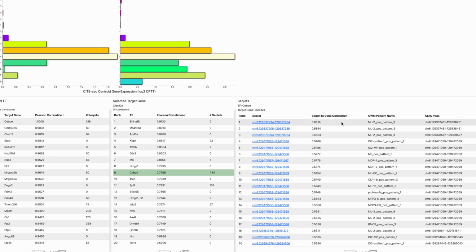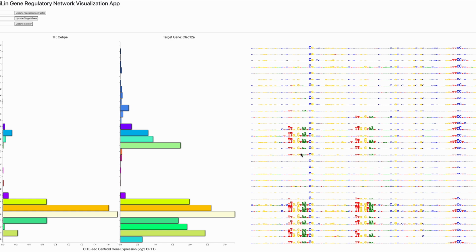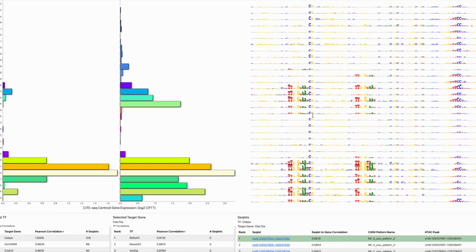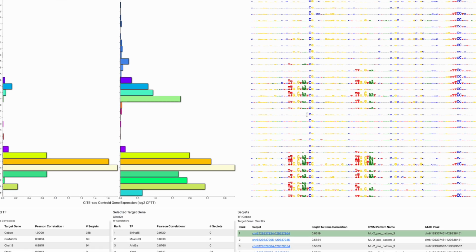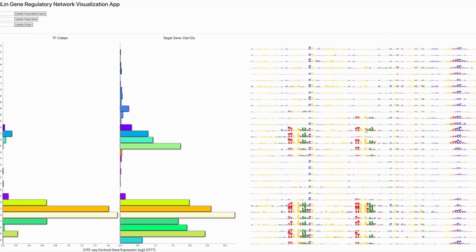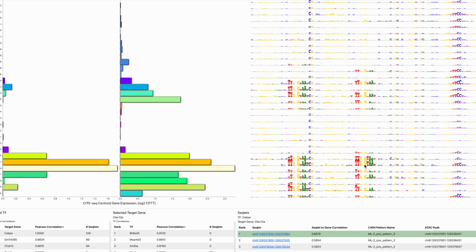So if we go ahead and now select one of the Seqlet positions here, it will populate the browser with the Seqlet tracks for each cluster. This gives the base resolution contribution prediction from the ChromBPNet model for each of the 32 clusters at a specific site at which we found this Seqlet that matches the CEBP epsilon motif within CysBP2, and the contribution score here indicating that these bases are